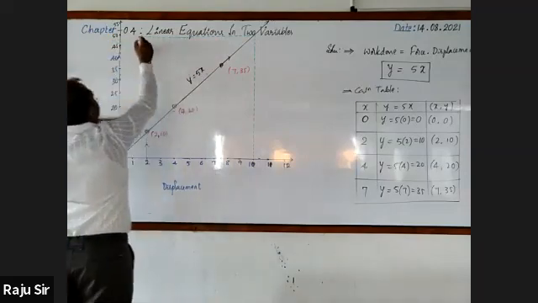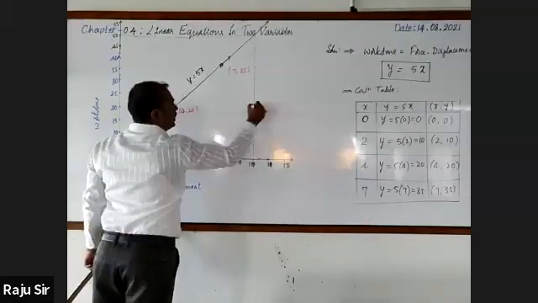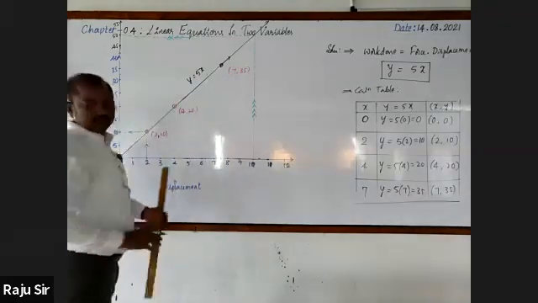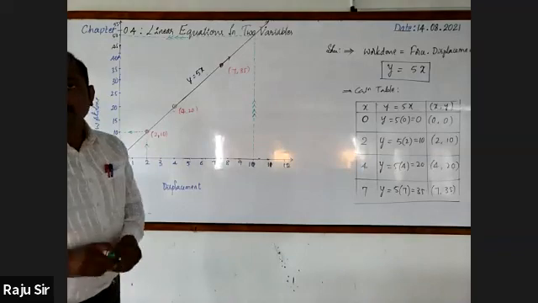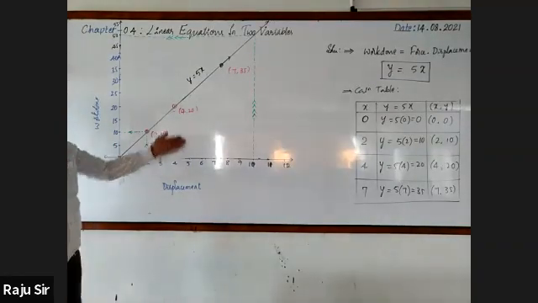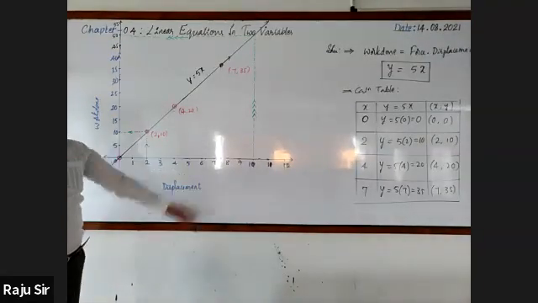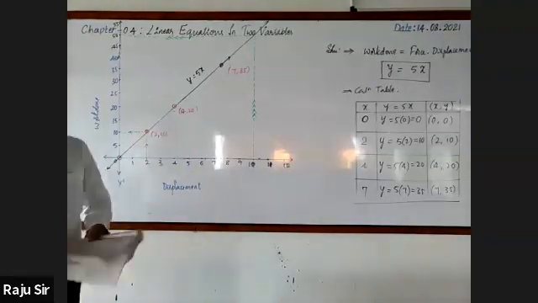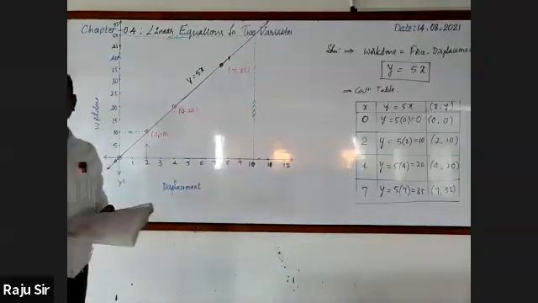It will intersect the y-axis at 50. Let me show the arrow mark. Likewise, even they make it for 5 also. 5, 7, 8, like this. Shall we move on to the next statement?